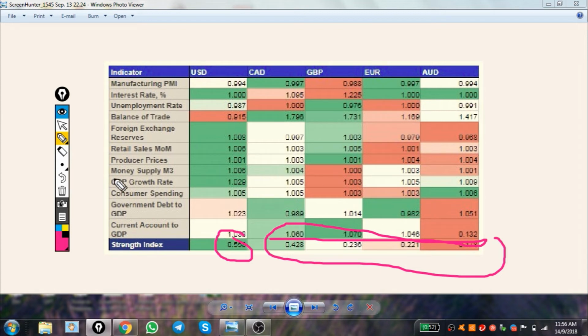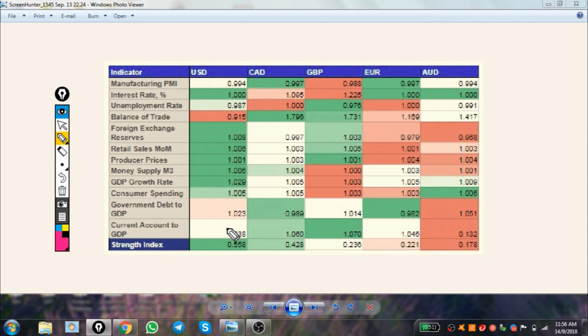This table basically gives traders the benefit that by looking at the currency index over here, you know which currency or which country's economy is doing well in the longer term. So this table is more suitable for swing traders, for example when you are trading based on a higher time frame, such as H4 or daily. So let me give you some examples.